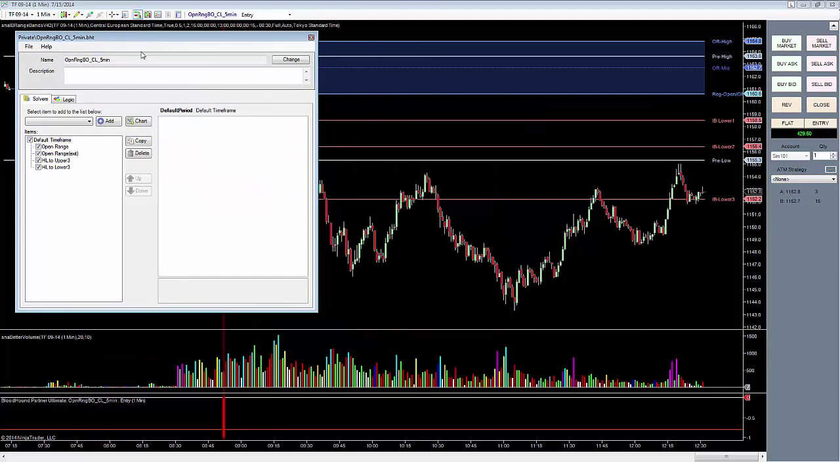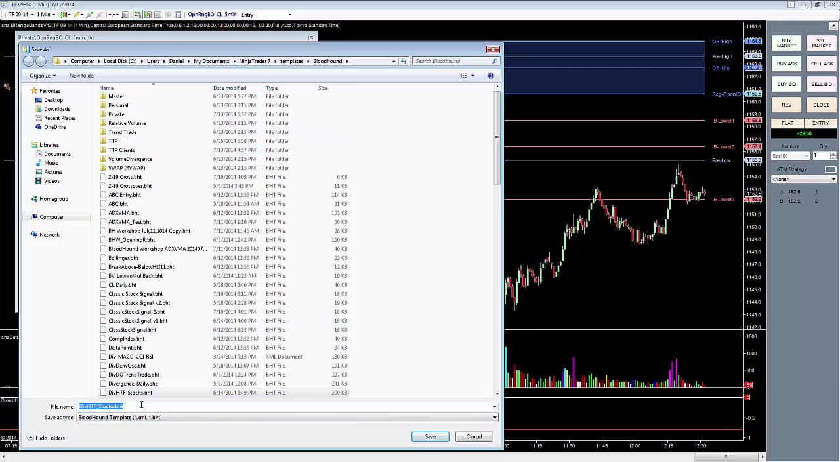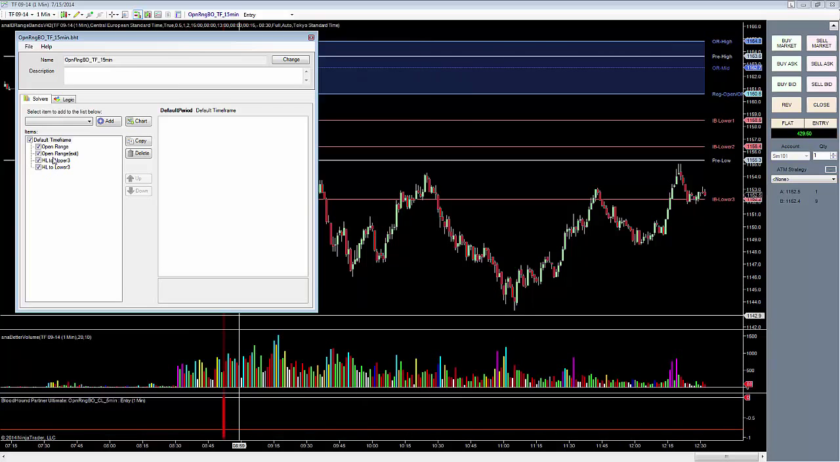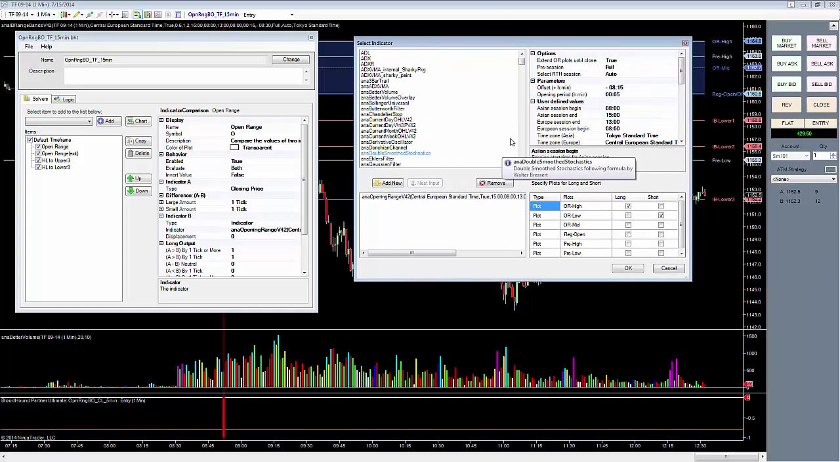And now I'm going to save this as opening range breakout 15 TF 15-minute. And then I have to go in here and change these one by one. So I have to change this to 30, change this to 15, click OK,